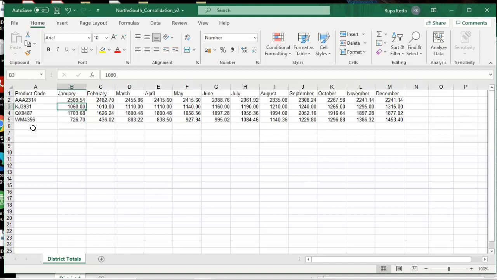So I want to, rather than just changing it, because here it is only one instance, you can change it. But let's say this data is in so many columns, so you cannot search and change one by one manually. So find and replace will help you to find any specific value you want to find and replace it with another figure, whatever you want. So I want to change this WM4356 to WM4365. So to do that,